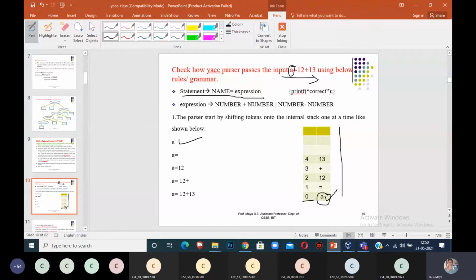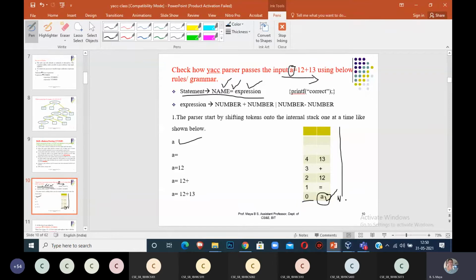Check the grammar. The grammar has 3 symbols: one is name, second is equal, third is expression. Only if all 3 symbols are there can you replace them with statement. But my stack contains only A. A is the same as name.